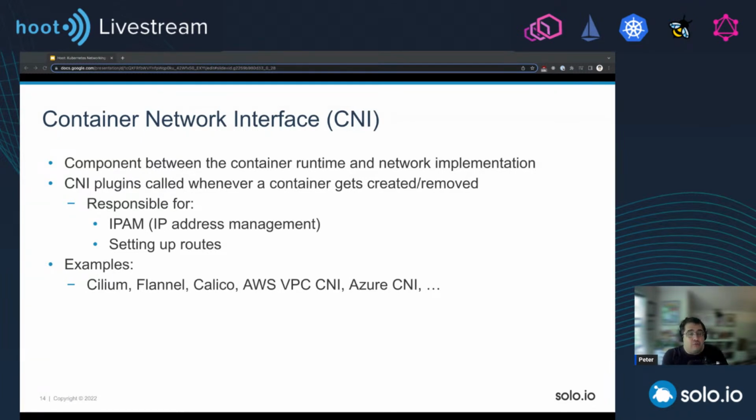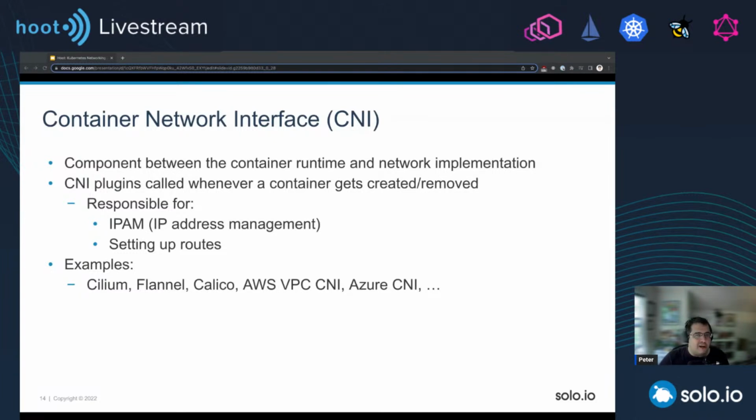The container runtime, the binary itself, takes in a configuration that's going to specify just general network information like subnets. And then what it does, it sends the CNI commands based on the spec to the CNI plugin that's going to go and configure the network according to the configuration.